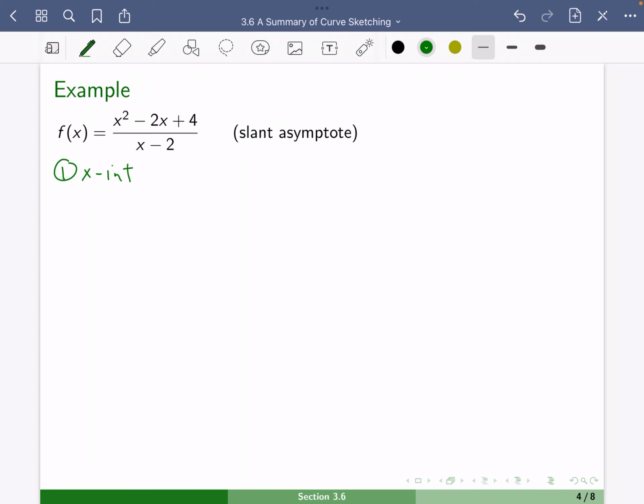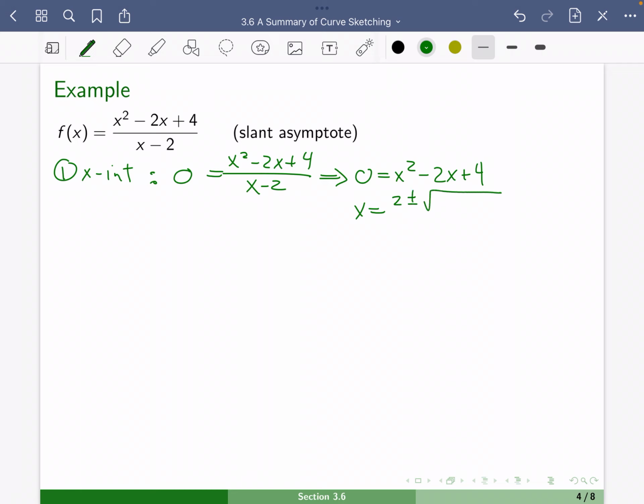So for the x-intercepts, we set our function equal to 0. As we set this function equal to 0, really what we want to do is set that numerator equal to 0. And here we have a quadratic. We could apply the quadratic formula to that. If we apply it, we will find x is equal to 2 plus or minus the square root of